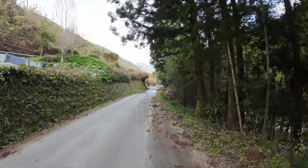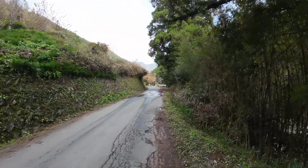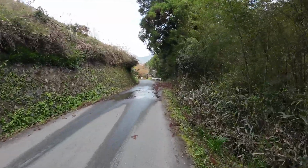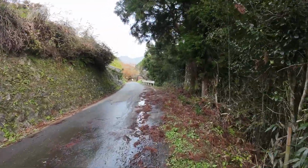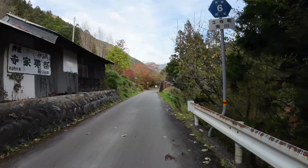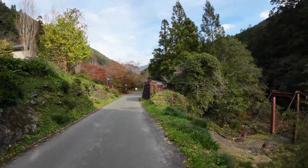Today we are once again in the Shikoku countryside, up in the mountains, but this time the autumn colours and leaves are coming through. It's not fully autumn at the moment here. It takes a little bit longer to get down to Shikoku, this part of the country, but there's definitely some coming through. Yeah, we're going towards a gorge today, that's the main focus, but just before that I saw this